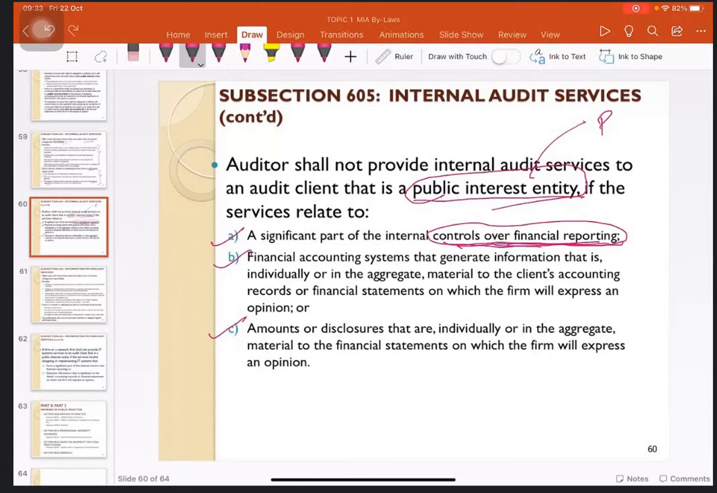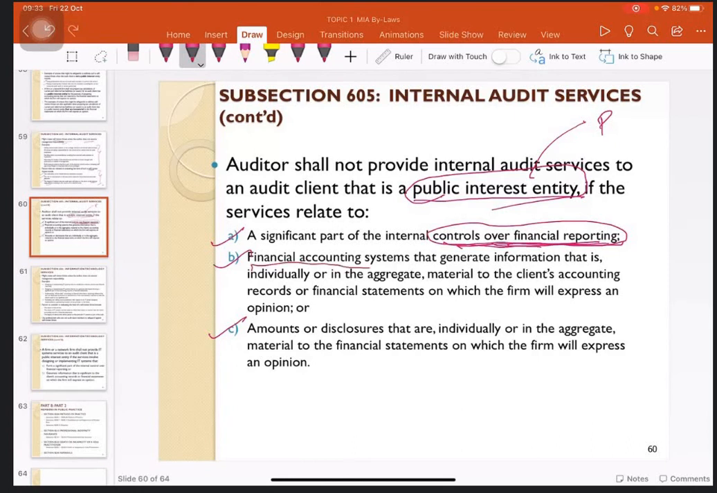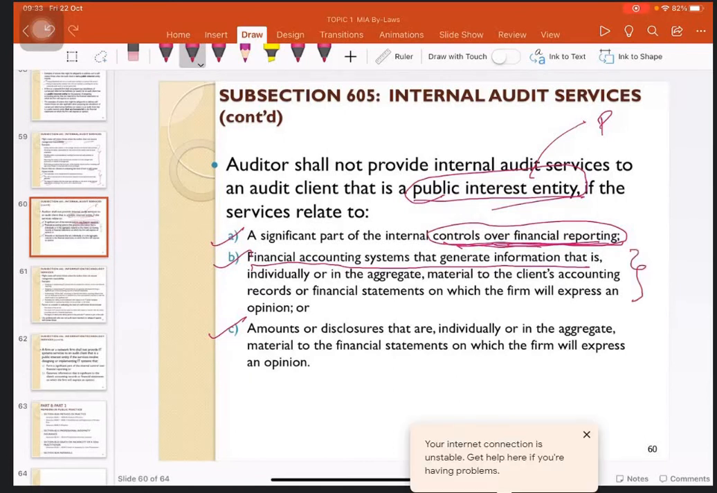Okay, because later on they are the ones yang akan prepare the financial statement of the company. Kemudian financial accounting system that generates information that individual or in aggregate, you also cannot design, you also cannot develop the financial accounting system kepada our client. Okay, because later on dia akan guna all this to prepare the financial statement. Kemudian the amount or disclosure that are individual or in the aggregate material to the financial statement. Okay, and then you are not supposed to provide